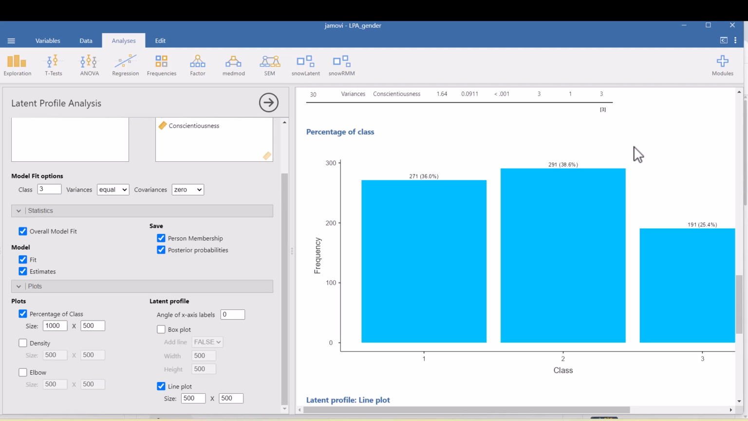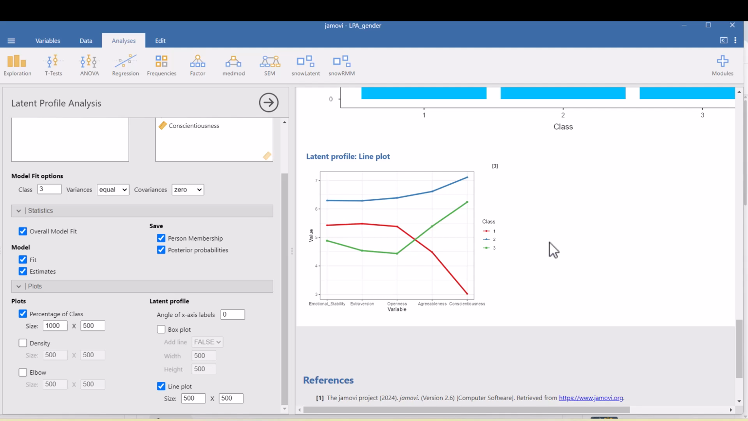Now you can see that the plot is a little bit wider, and so we can see that we have 36% in class 1, 38.6% in class 2, and 25.4% in class 3. Also, the counts are given based on our sample, so 271 individuals in class 1, 291 in class 2, and 191 in class 3. Last but not least, we get the profile plot with the class-specific means,